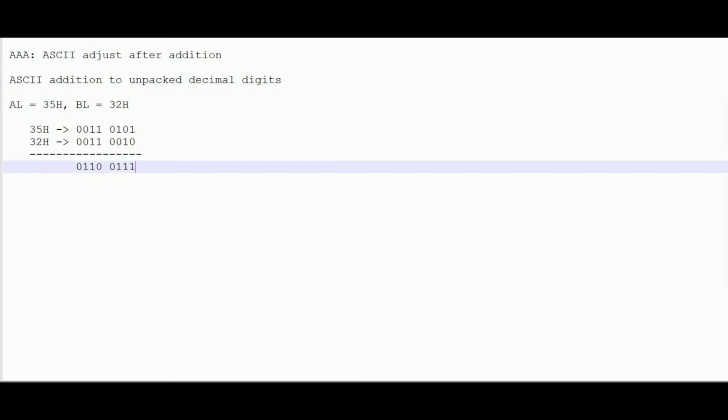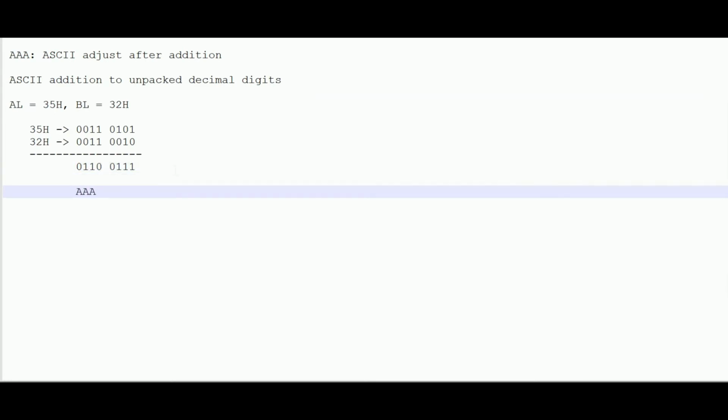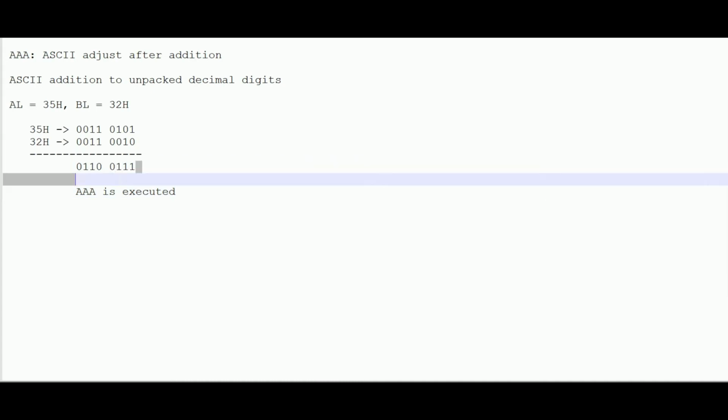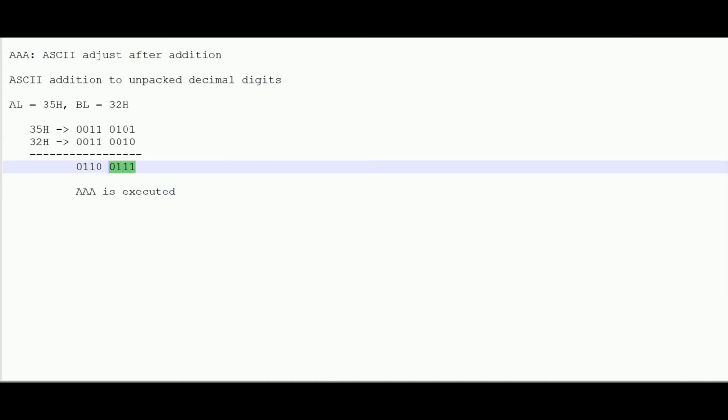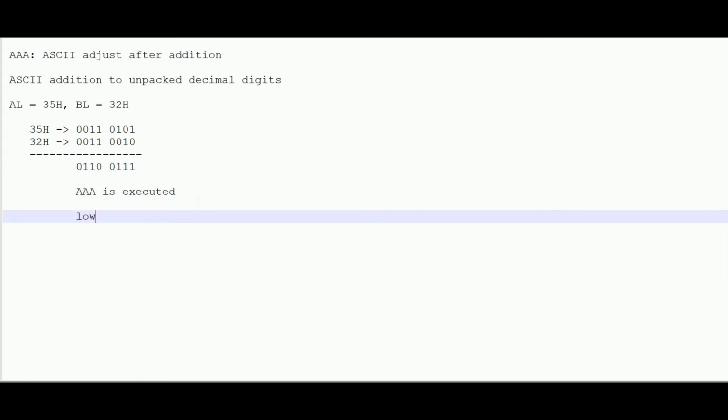So 7 should not occupy 4 bits but it should occupy 8 bits. So when AAA is executed, this instruction will first check the lower nibble content. If the lower nibble is a valid decimal digit,